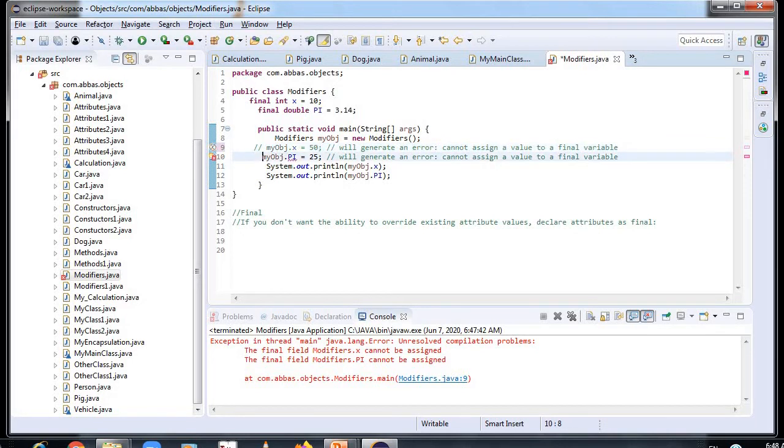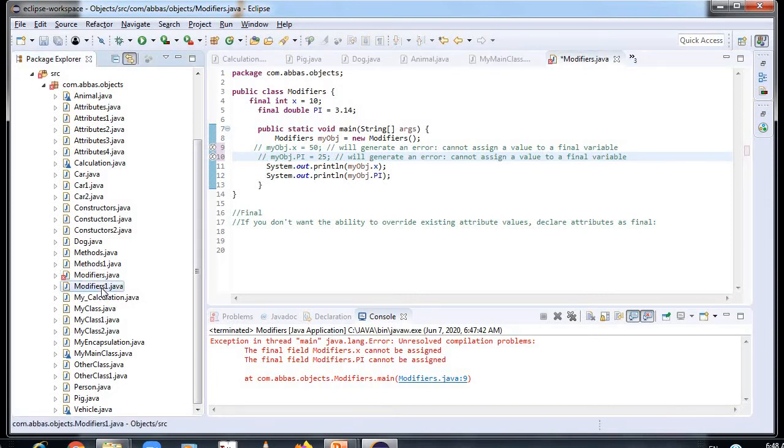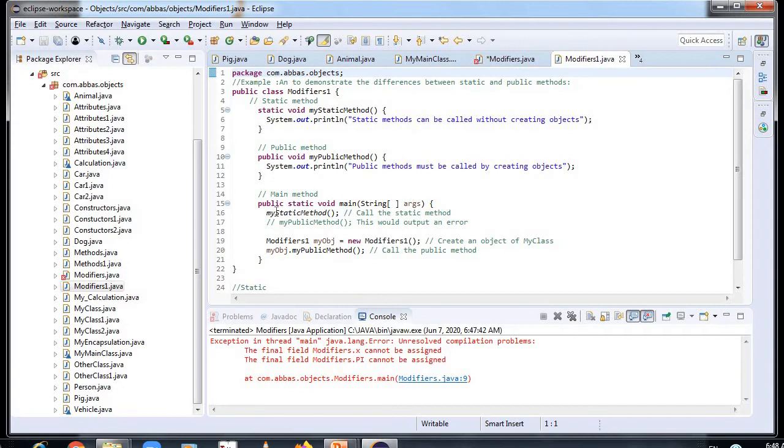I'll show you another program also, that is Modifier1. Here it is.